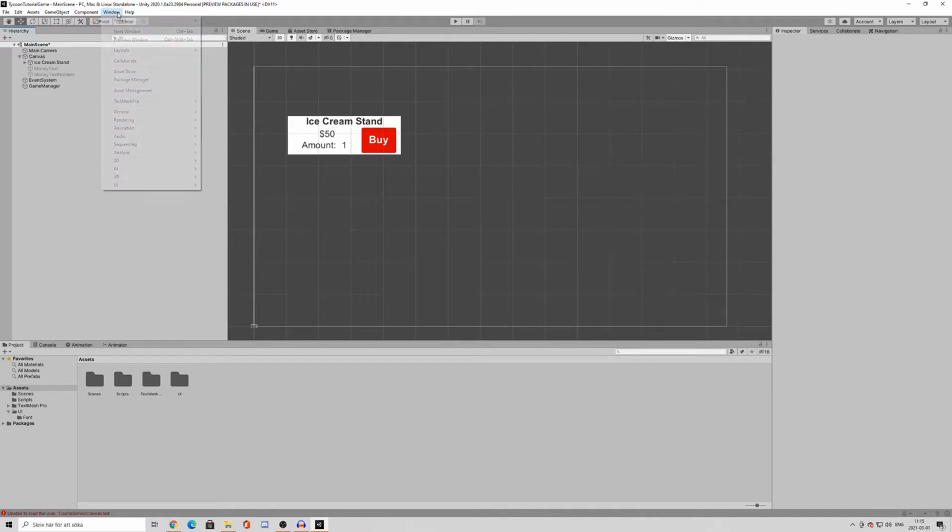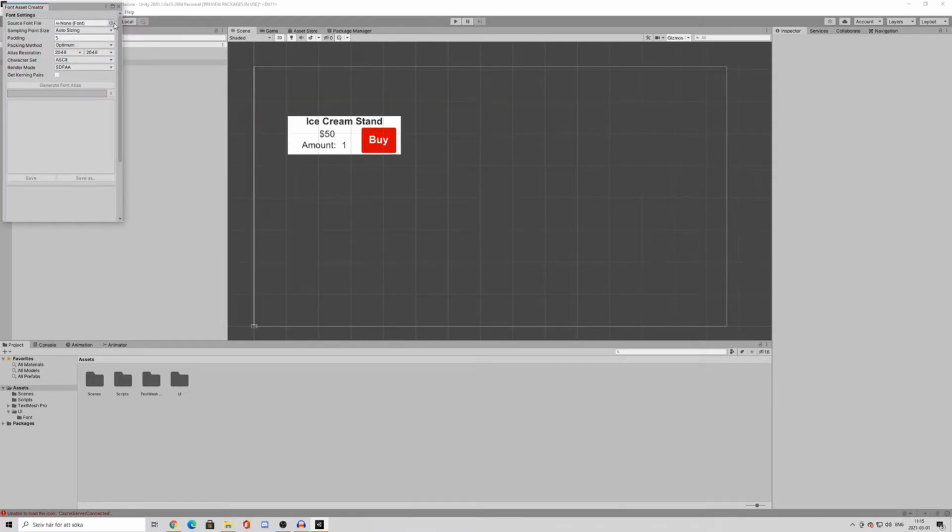Okay, cool. When that's imported, go to Text Mesh Pro, go to Font Asset Creator and choose your font that you imported. So for me, in this case, that'll be that one. Then you can change resolution. I recommend keeping these as what they already are, and then just click Generate Font Atlas,